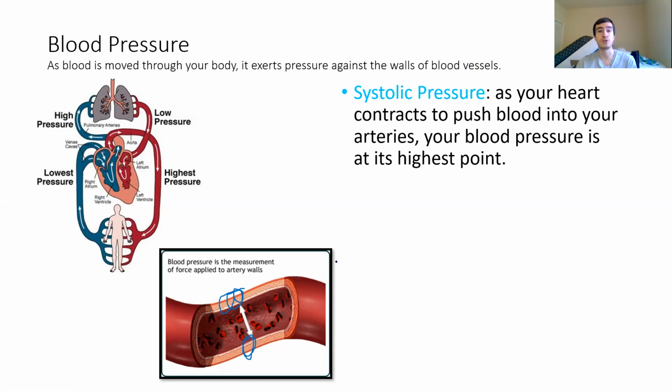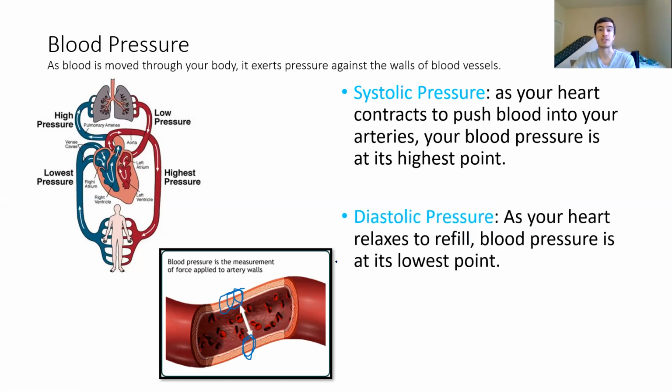So there are two measurements that doctors and nurses take. You may have heard them read out two numbers when they take your blood pressure, and that's because they're measuring the high and low points of pressure in your blood vessels. These are called the systolic pressure and the diastolic pressure. The systolic pressure is the bigger number,